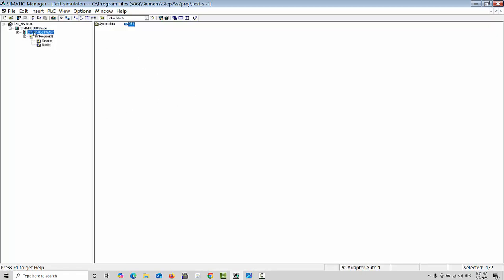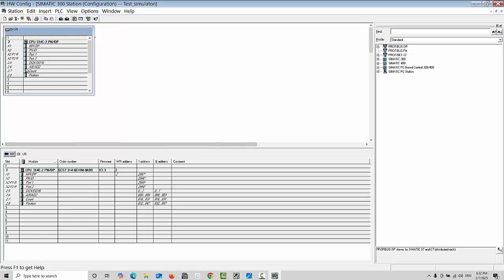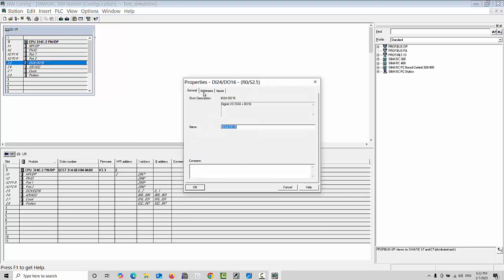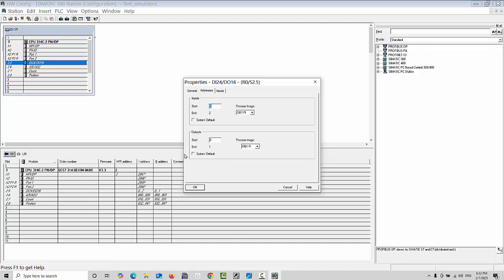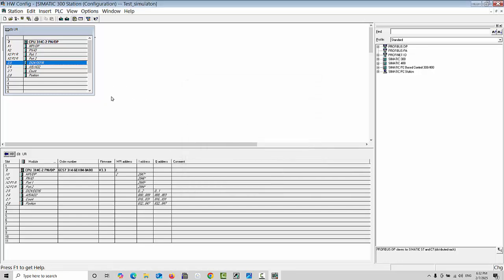But first of all, we will open this hardware, the Simatic 300 station, and go to the hardware. I will show you the hardware. First we check our digital inputs and outputs addresses. Double click on this one and go to the addresses and make it 0 start address. In the inputs we will start from 0 and end at 2, and the same in outputs. Click OK. And one more thing, we will save and compile this project,